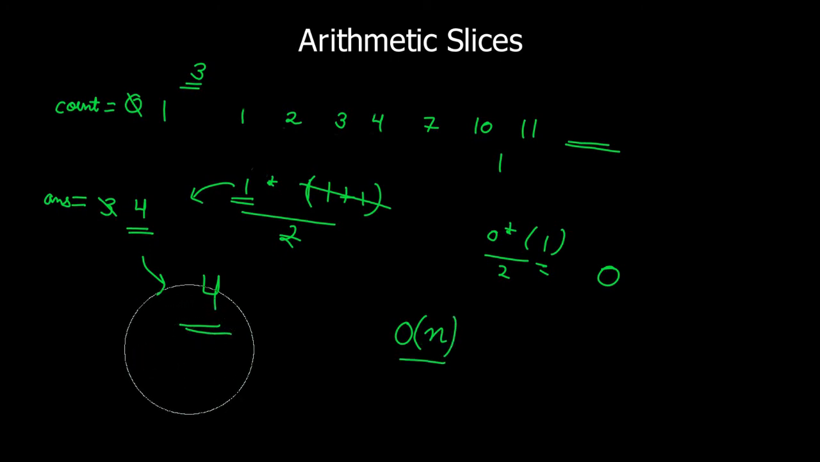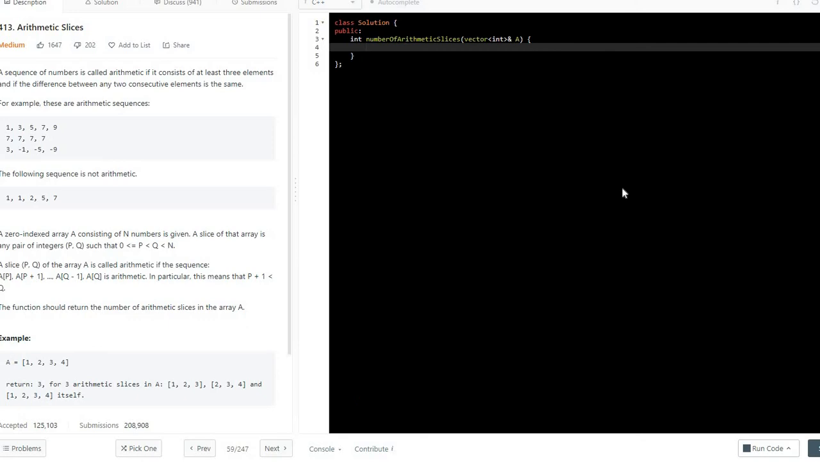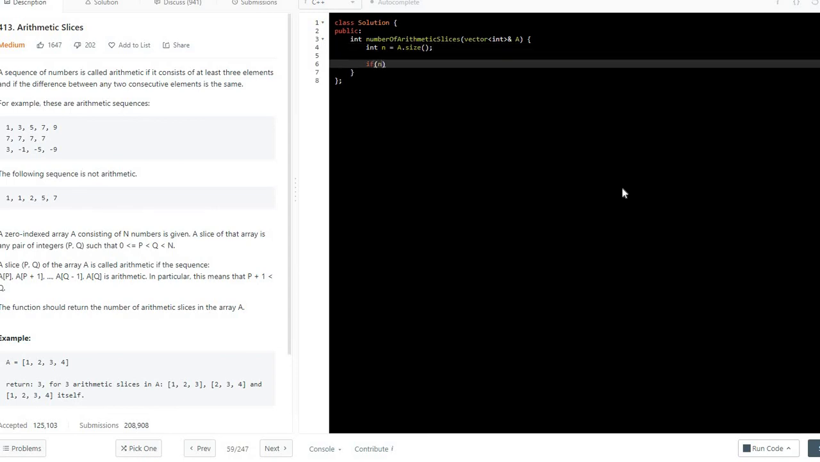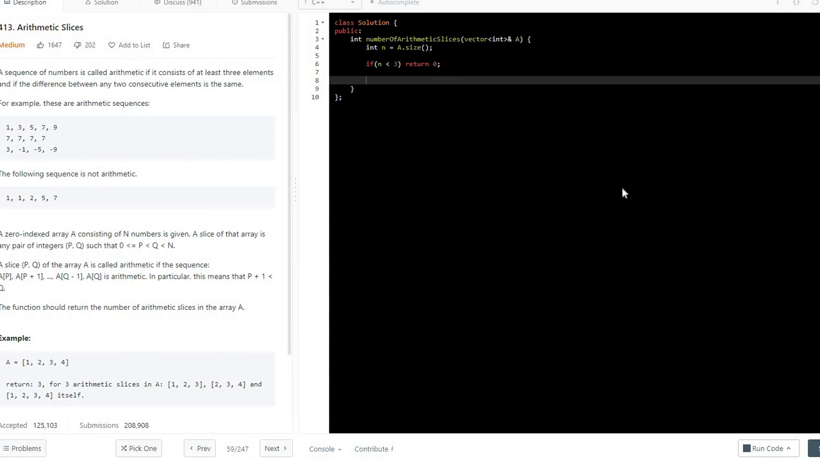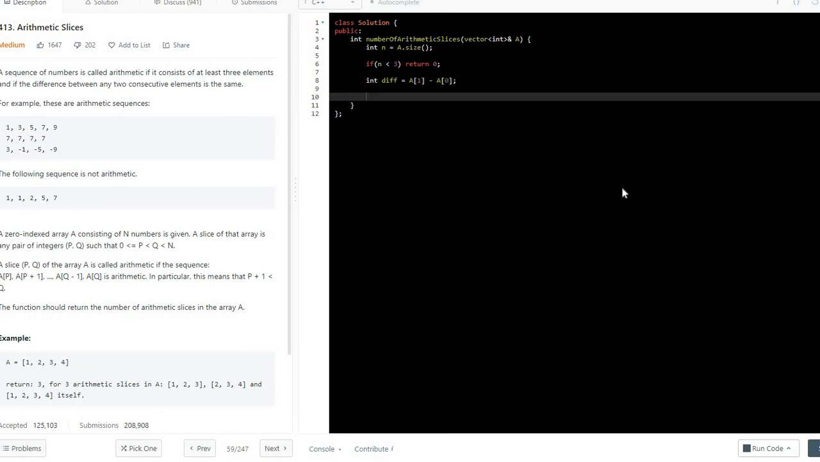So now let us try to solve this question. The first case is definitely when the number of elements in the given array is less than 3. In this case we definitely know that there are no possible arithmetic slices, and then I'll return 0 only. Therefore, int n is equal to a dot size, and if n is less than 3 then return 0. Otherwise, as I told you, we need to first choose the difference, and therefore difference is equal to a of 1 minus a of 0, that is the difference between the first two elements, and I'll start from the third element